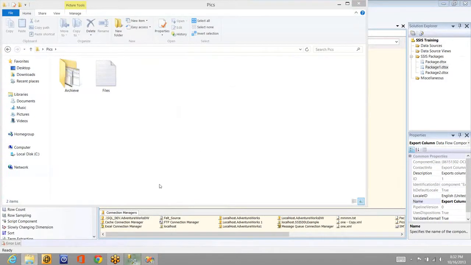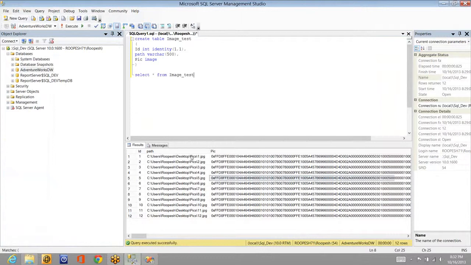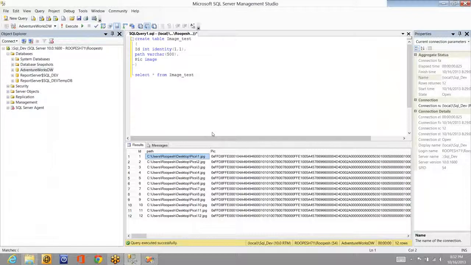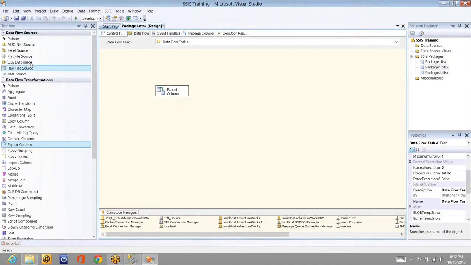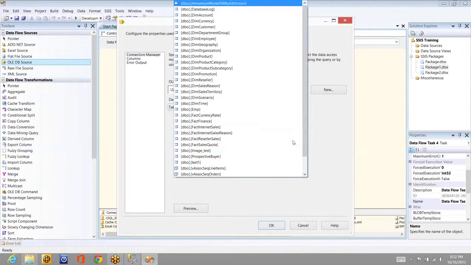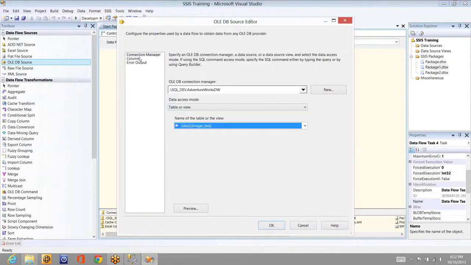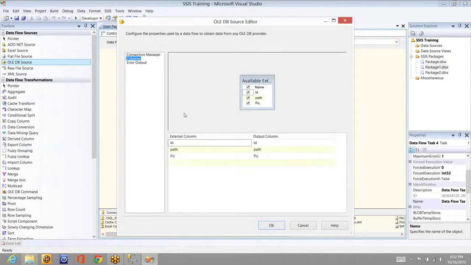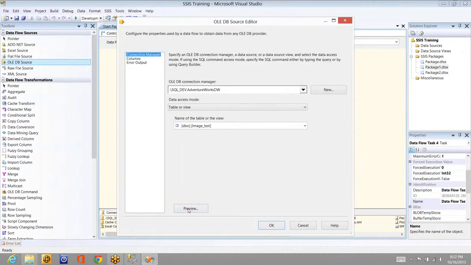I can choose a different folder, but the path is having the same folder. So again, I have to update the path. It will take some time. So that is why I'm choosing the same path to copy the files from the database to the folder. Let's see how to configure it. Again, the first thing you need to do is set the connection and get the information. So now we have the files in the database. Let me connect to the database and connect to the image test. If you see the columns, these three are the columns, and you can preview the data.